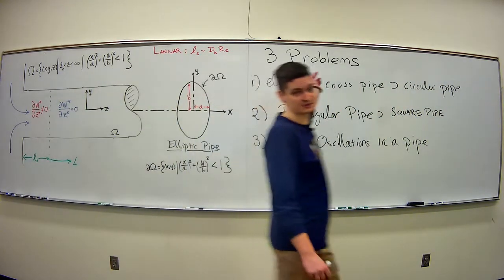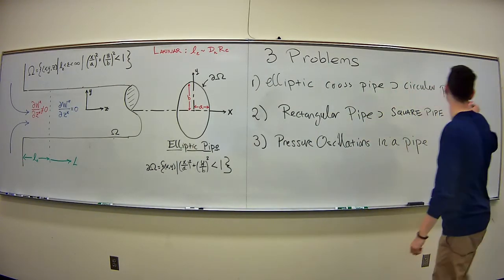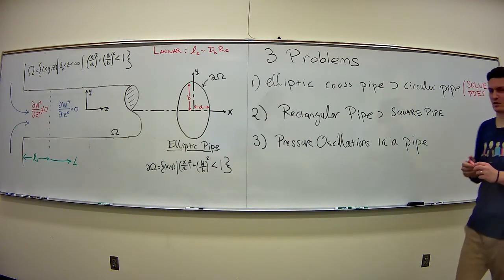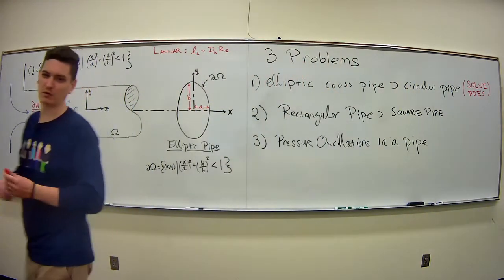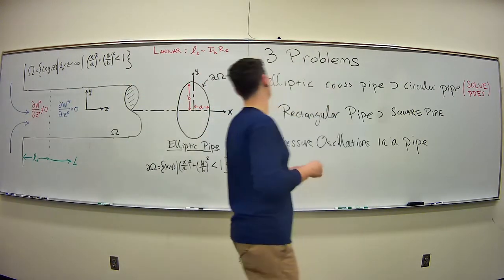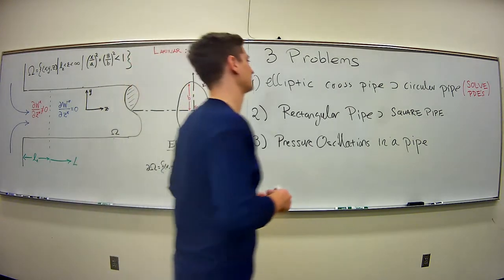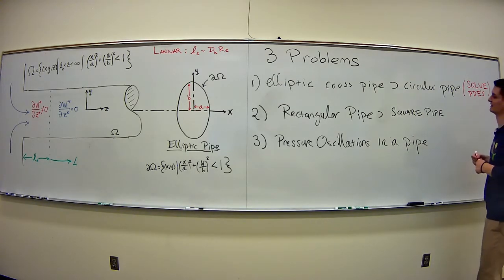So I've chosen this elliptical cross-section pipe because I want it to sort of introduce you to solving PDEs. So I wanted to show that because maybe if you haven't seen it before, it's not required in the class. It's not required for this class to take our PDE course offered from the math department. I highly recommend it. So I wanted to do this maybe just to show you the trickery that happens in trying to solve PDEs. Taking from this example, we'll apply the same methods,